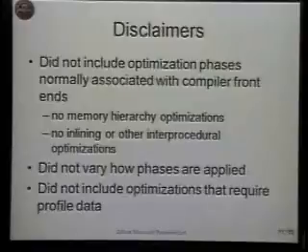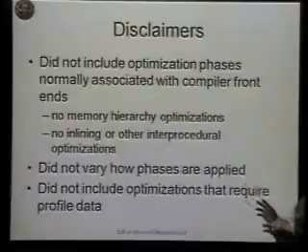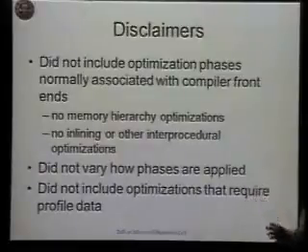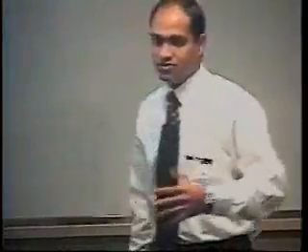At the same time, we were only concerned with the phase ordering problem, and so did not vary how phases are actually applied. The only case where this is relevant is loop unrolling. We only applied loop unrolling once for every loop with a loop unroll factor of 2, and did not try out other loop unrolling factors. We also did not include optimizations that needed a specific profiling phase before the optimization, just to keep the study simple.